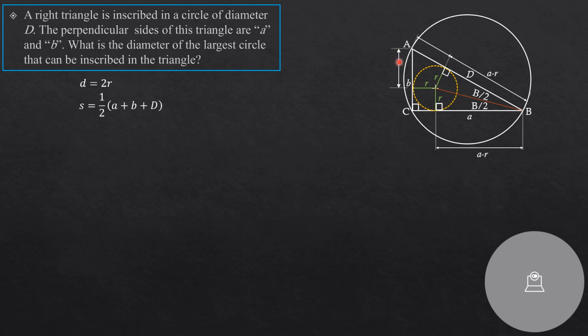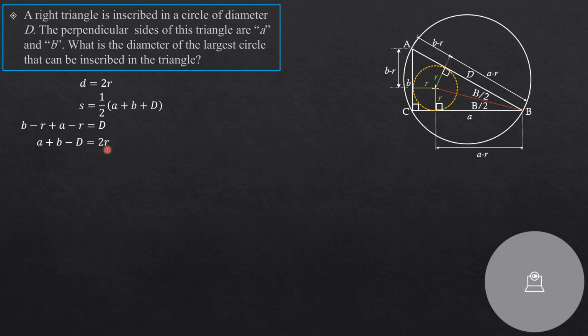So the whole of this is B, and because this is R, so that is B minus R. This is also B minus R. So from the figure, the sum of these lengths, A minus R and B minus R, is equal to D. So B minus R plus A minus R plus A minus R equals D. So this is A plus B, then minus D, then negative 2R to the right equals 2R. So again, A plus B minus D equals 2R.